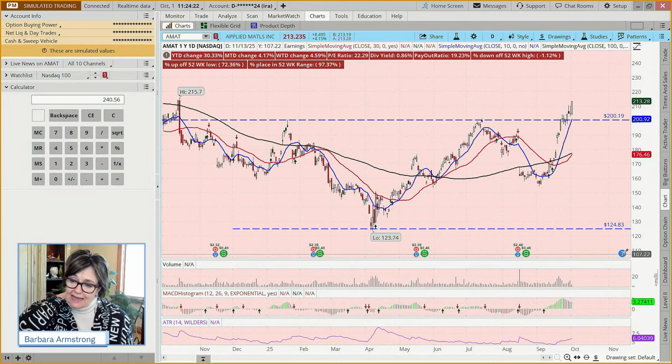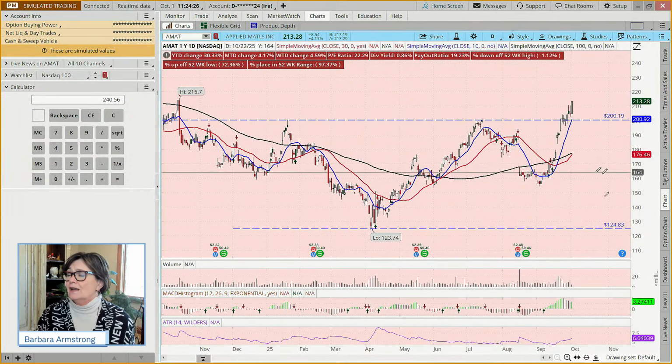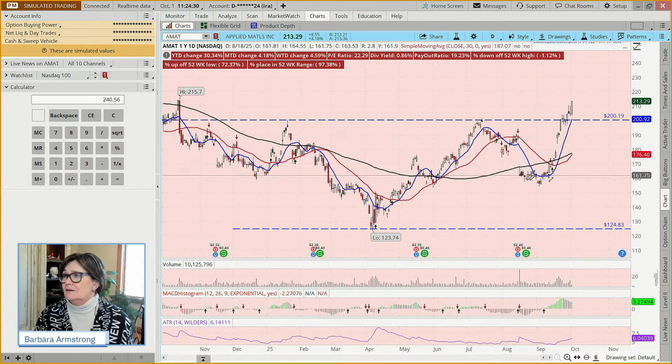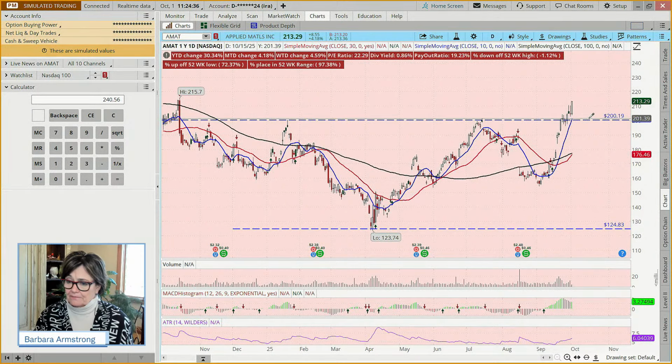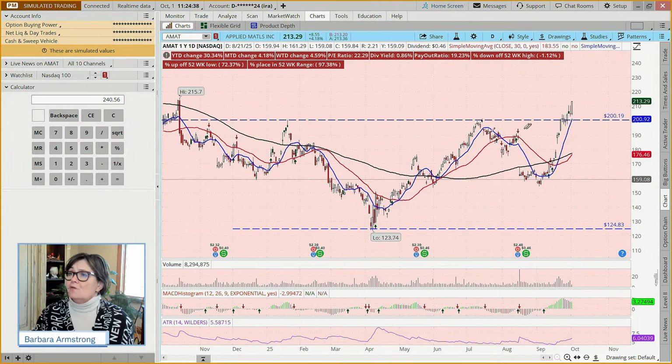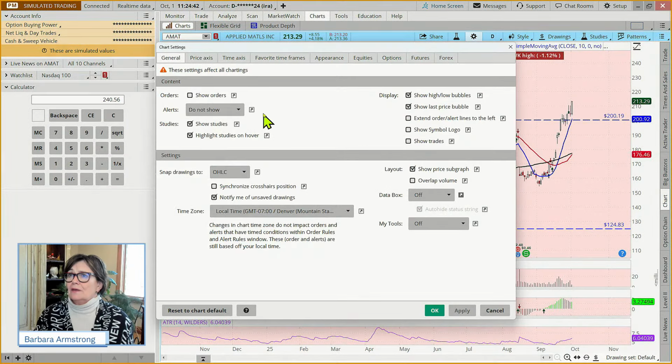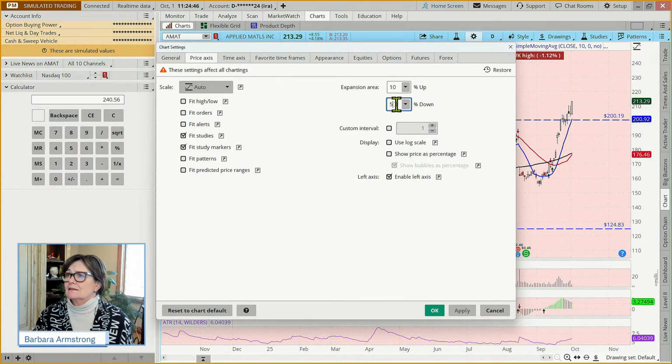So Catherine's saying, how do you decide your target? Well, you could do a target a couple of ways. So one is we could just add 75 and say, here's this pattern, our inverted head and shoulders, and some might take this range and say that's going to be our pattern. Okay. Now, others might say, and I'm going to add some room at the top here, our price axis. We're going to get rid of that.